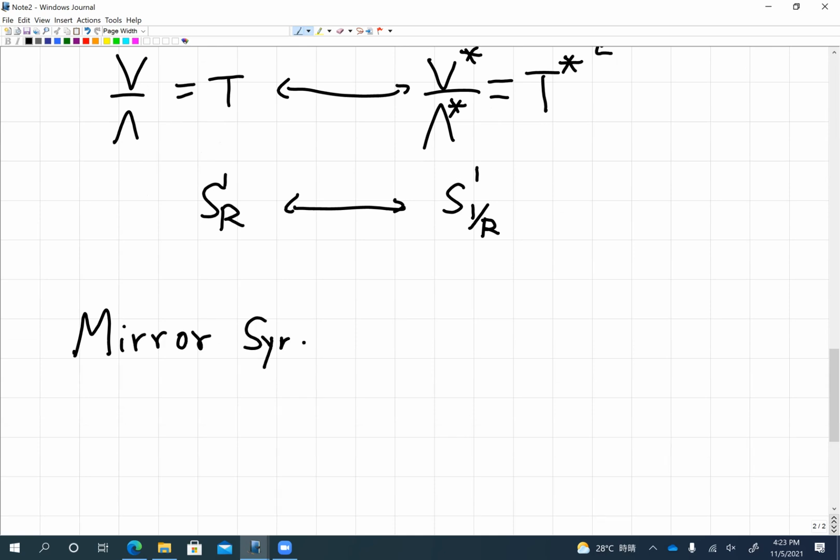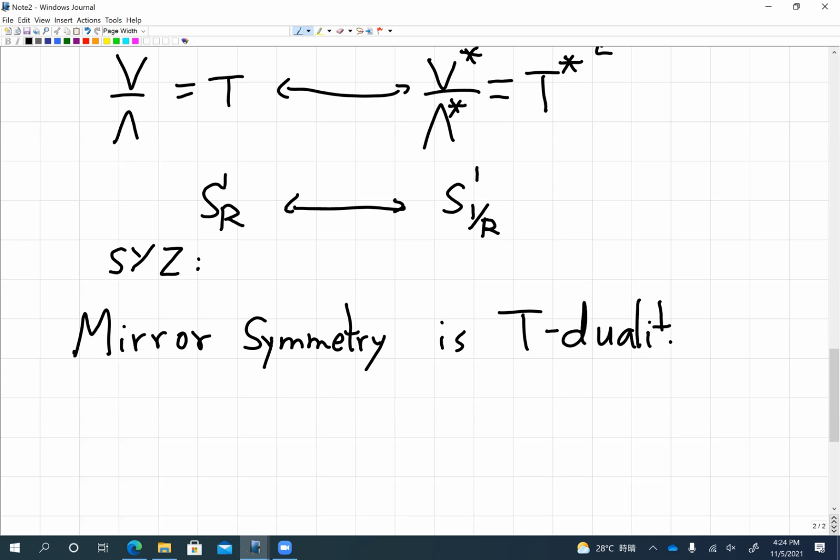Okay, and mirror symmetry was a mysterious duality at the beginning, as has all this prediction on the enumerative geometry at the beginning, as I mentioned, until in 1996, 97, Strominger, Yau, and Zaslow had an interpretation, a proposal, that mirror symmetry should be just a T duality. Okay. And in fact, this is the title of the paper: Mirror symmetry is T-duality. Okay. So why is that? That's what I'm trying to explain to you today.